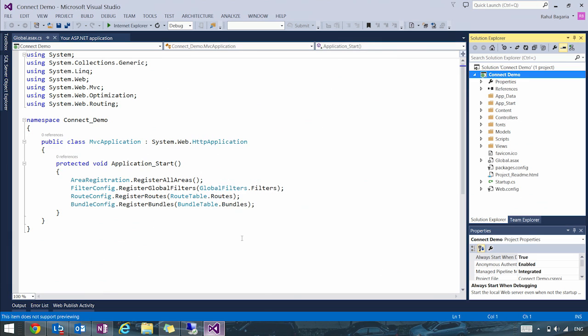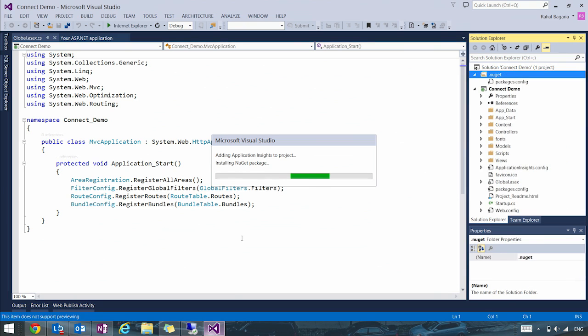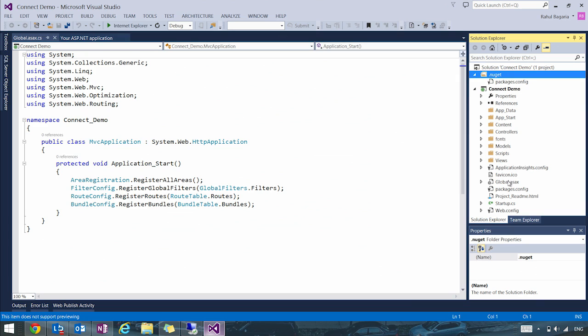the instrumentation key automatically. This also adds all the Application Insights NuGet packages relevant to the web app, so without writing any code, I'll get telemetry data on requests, exceptions, page views, etc. for my application when it is deployed, or even when it is running locally in my dev environment. You can follow the same steps in Visual Studio if you are building a Windows app or use our SDKs